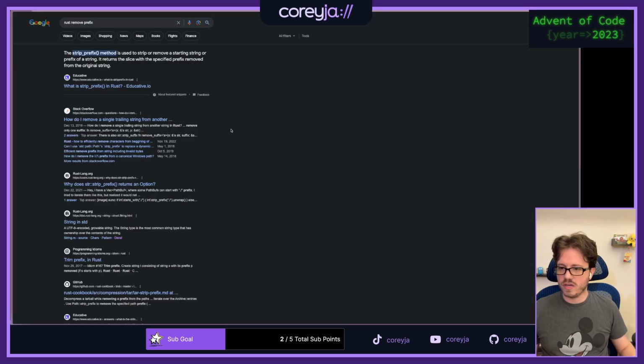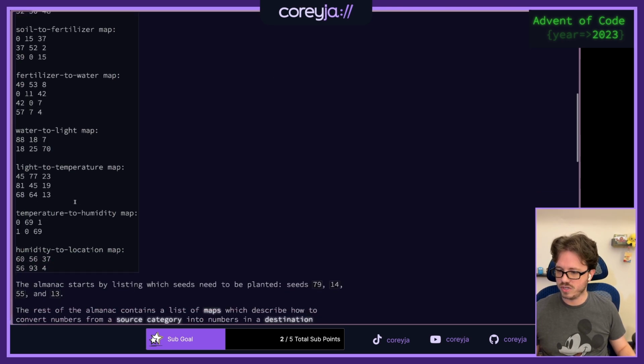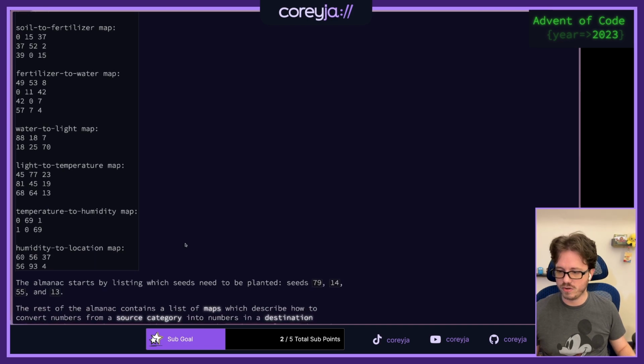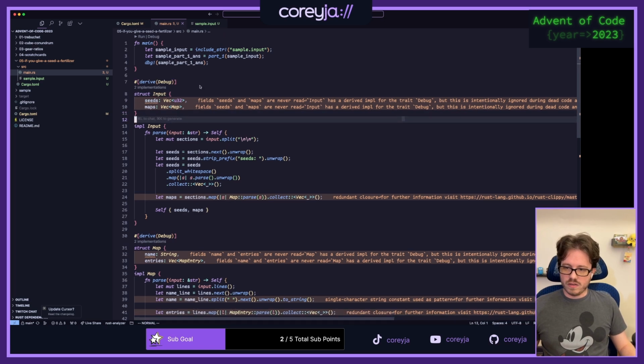And actually, are they in order? I think they are. I guess I should just check to make sure. Seed to soil, soil to fertilizer, fertilizer to water, water to light, light to temperature, temperature to humidity, humidity to location. Yep, they're all in order. Okay, so for